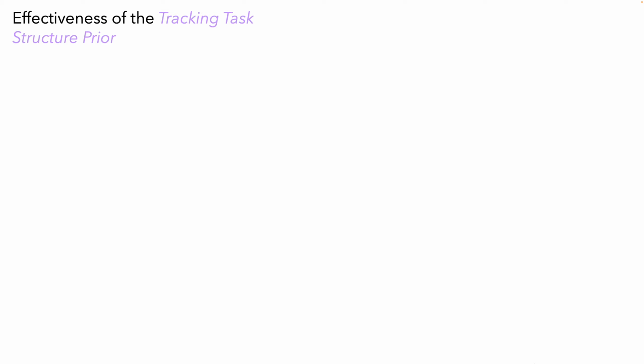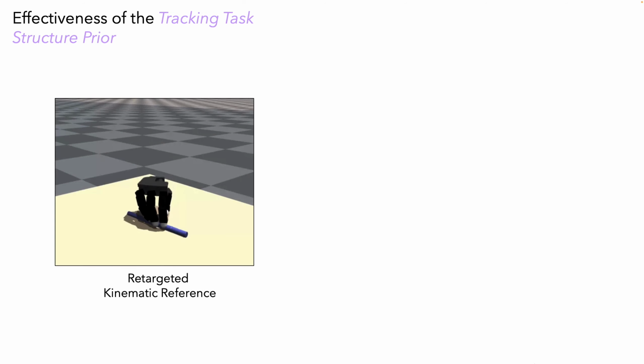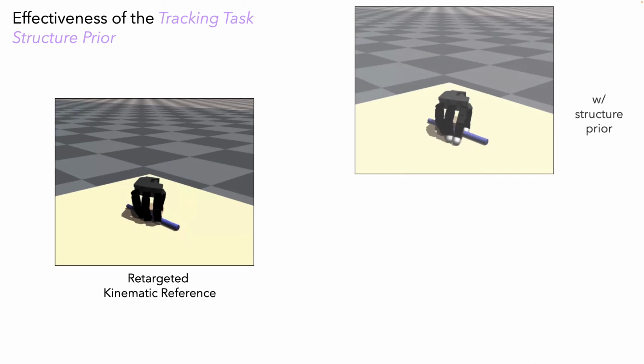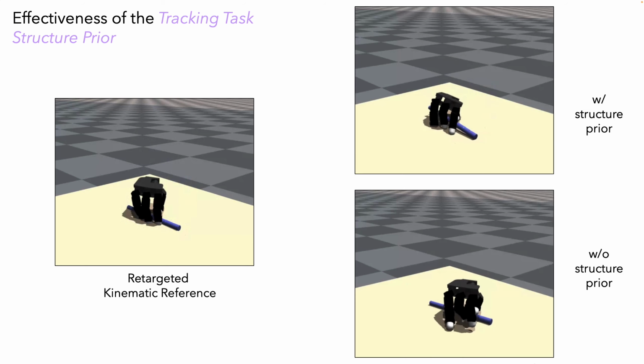With the learned tracking task structure prior model, we can automatically plan a valid optimization path for a difficult-to-track trajectory. By gradually solving each per-trajectory tracking problem in the path, we can effectively get satisfactory results in originally unsolvable problems.